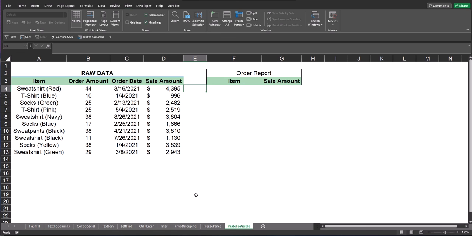Next, let's learn how to copy and paste our visible cells only. First, let's walk through a very common mistake that many people make when they highlight particular cells and then try to copy and paste them. In this example, we have our raw data in columns A through D. We have column headings for item, order amount, order date, and sale amount. Here on our order report, we only have fields for item and sale amount, so we don't need columns B